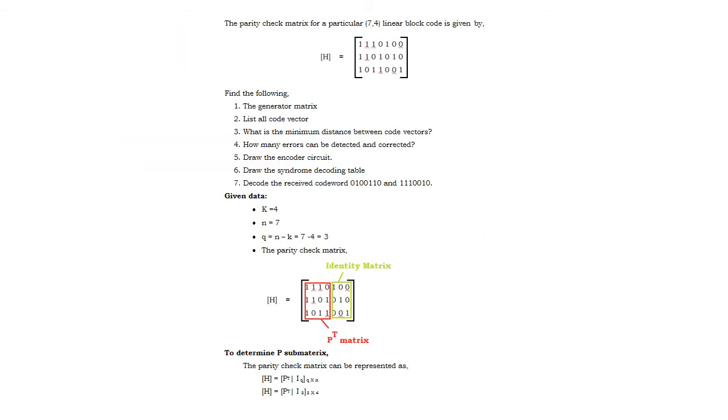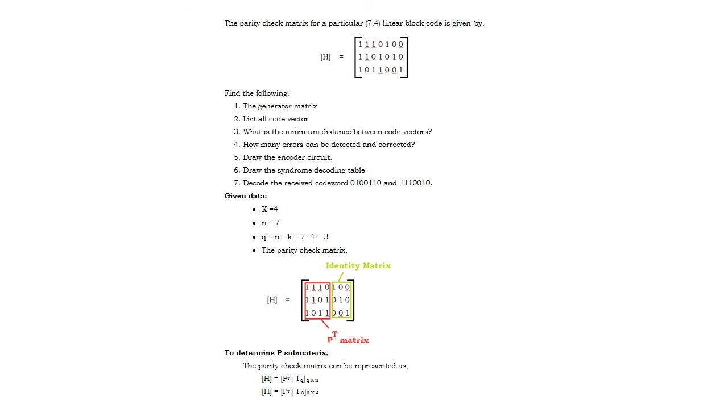Let me see one problem using the linear block codes. The parity check matrix for a particular (7,4) linear block code is given by H. Find the generator matrix, list all the code vectors, what is the minimum distance between the code vectors, how many errors can be detected and corrected, draw the encoder circuit, draw the syndrome decoding table, and decode the received code words 0100111 and